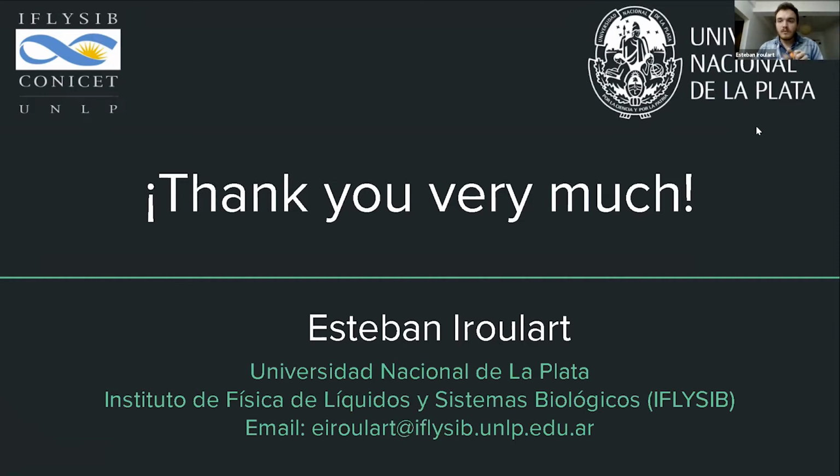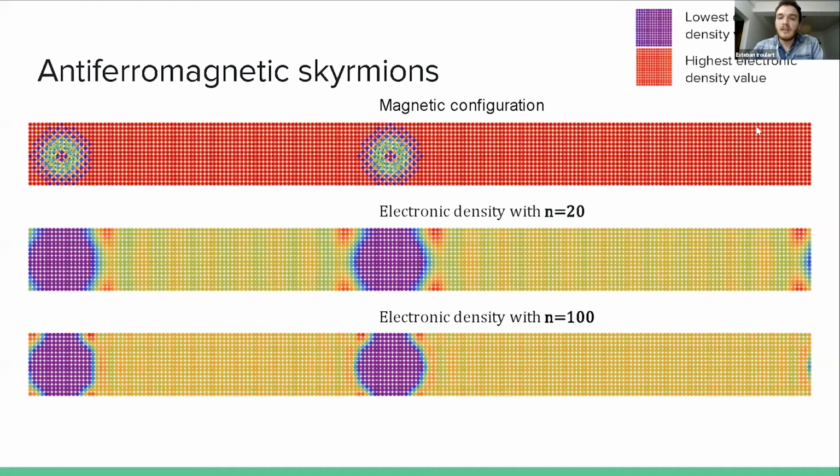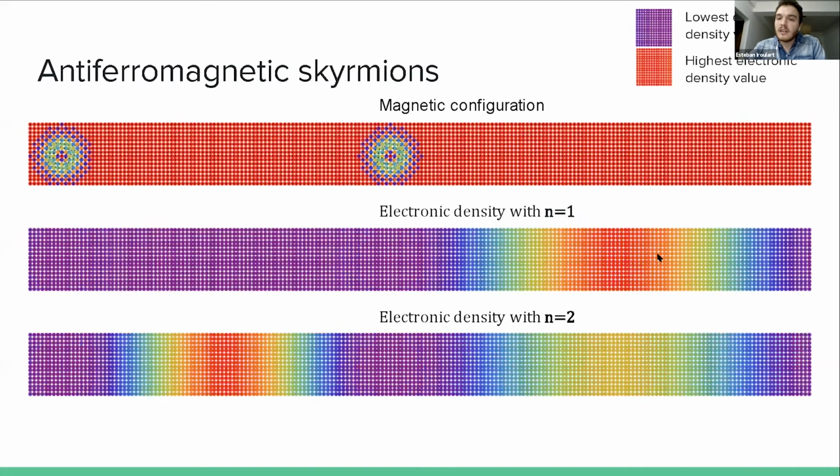In your work, do you take boundary conditions into consideration? Because I always see that you show results on a stripe. Yes. As we see here, the boundary conditions are periodic, because there is a third skyrmion here, and we see that the electronic density has an electronic mode here as a maximum. We also applied open boundary conditions, and the results were quite the same, but we used mostly